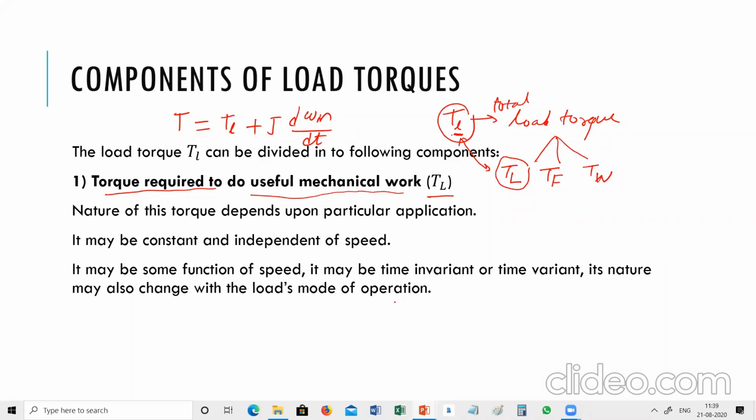For example, you can consider the example of a train. When the train is at the station and we want to drive that particular train, then the starting torque is dominant. To move a stationary train we have to supply a much higher value of torque. Then in that case only the train will start to move.